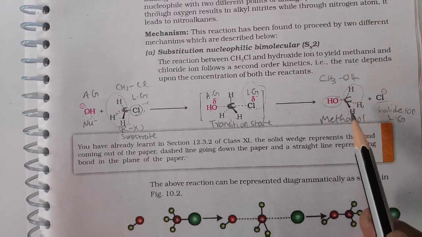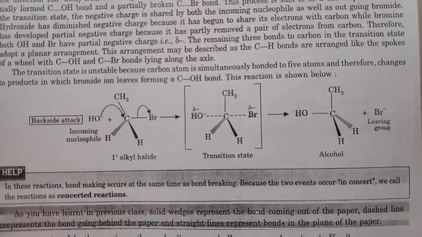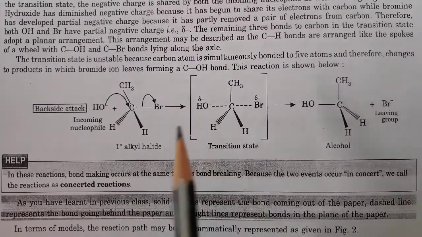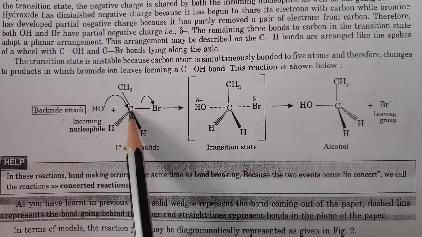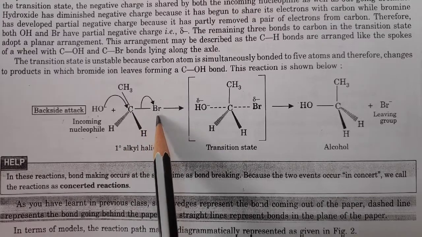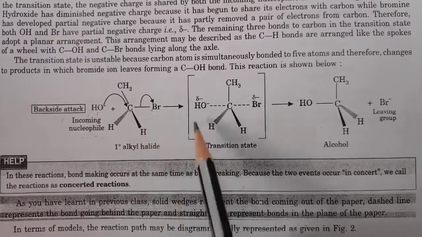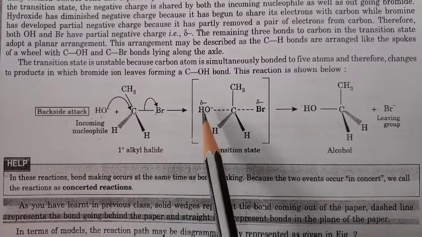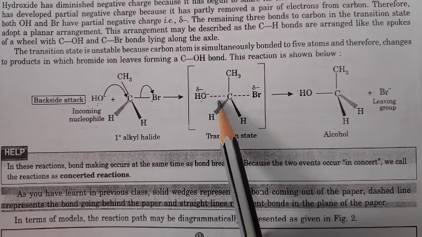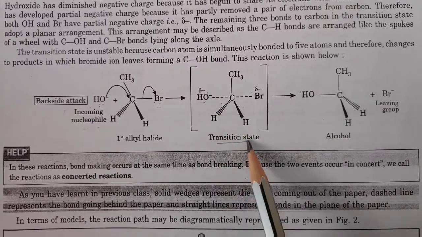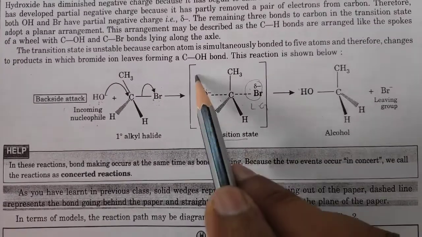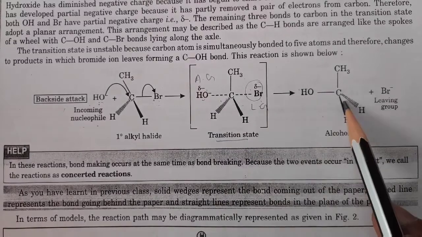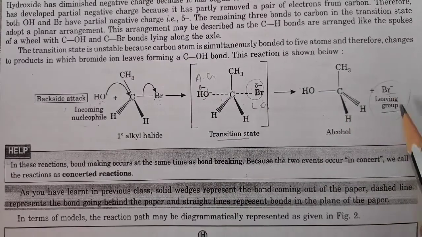Understood this part? You can understand it through this example also. This is the attacking group. The incoming nucleophile will attack the carbon from the left side, because Br is on the right side and both would have repulsion. It gets attached to this carbon, so carbon is now attached at 5 places. This state is the transition state. Br is the leaving group and this is the attacking group. The leaving group leaves at this position as Br minus.